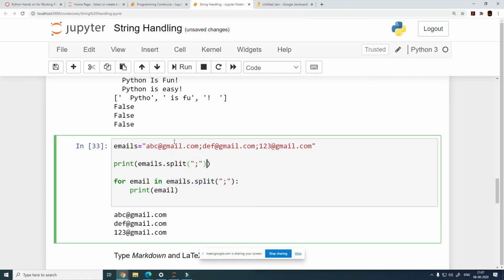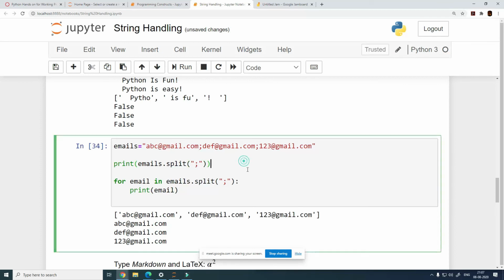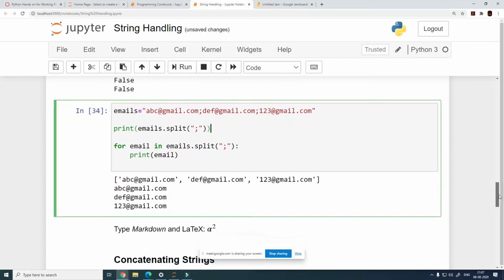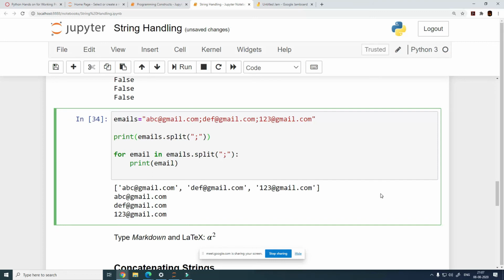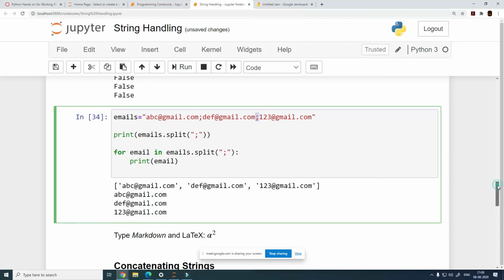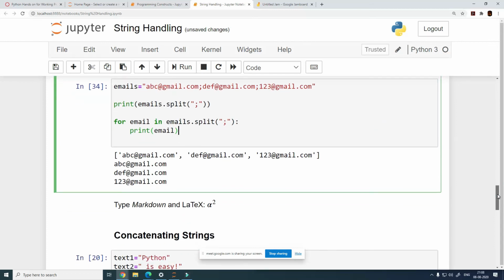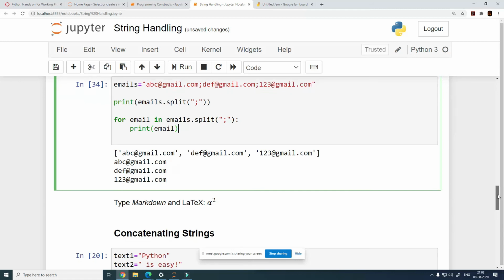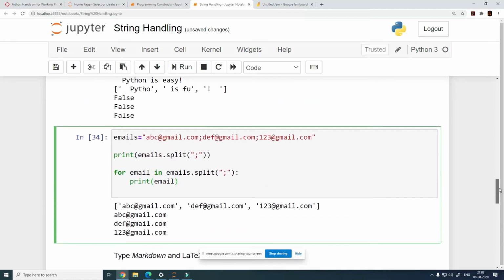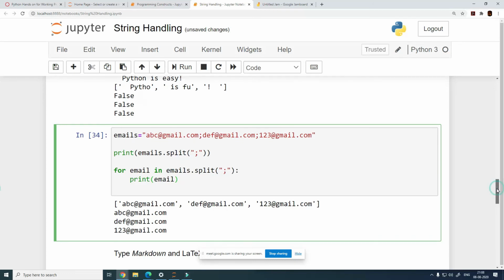So it is not at all needed, but I am putting it here so that you know what is happening. When you look at this code and you run it yourself, you know what is happening here. This statement is splitting this text using this separator. It encounters 2 separators, so it is going to give you a list with 3 elements. Clear guys?